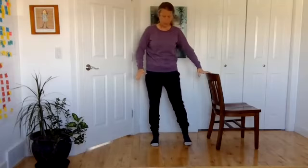Good work. Hands release down, foot releases down. And then take your feet to that hip width apart stance. I like to put my hands right on where the hip bone joins the leg bone, and then feel that stretch side to side as the hips go right and left. Feel the stretches in those muscles under my fingertips. Once you go side to side a few times, then allow yourself to do